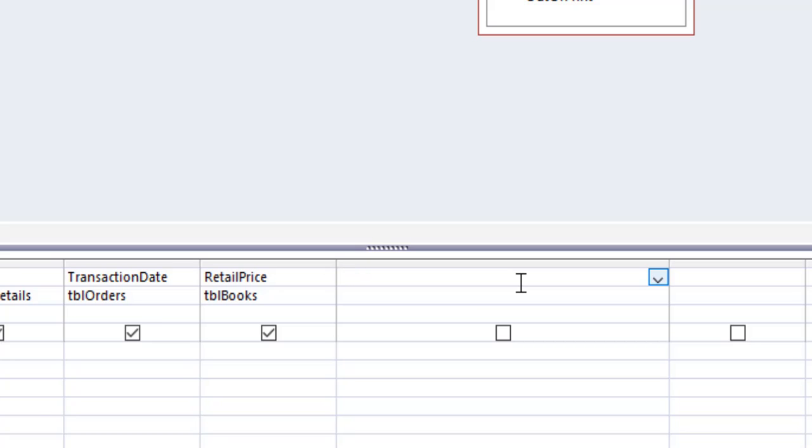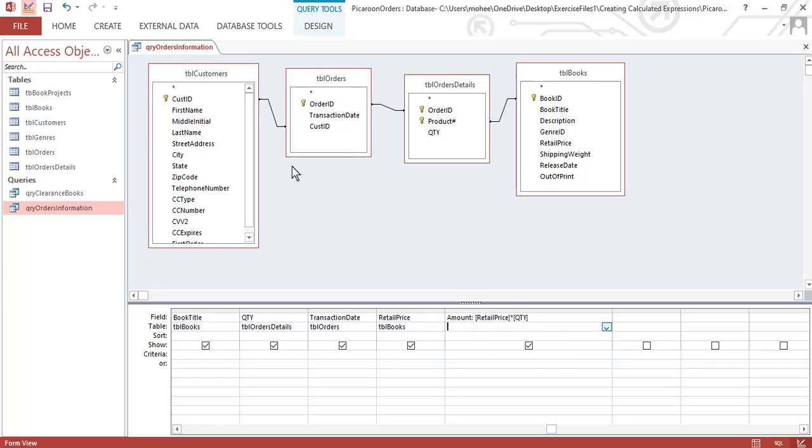For this we will be giving first of all the field name, for example subtotal, then colon, and then square bracket. In square bracket we will be writing the field name, for example retail price, and then square bracket close, times, open square bracket, and quantity, QTY, quantity.